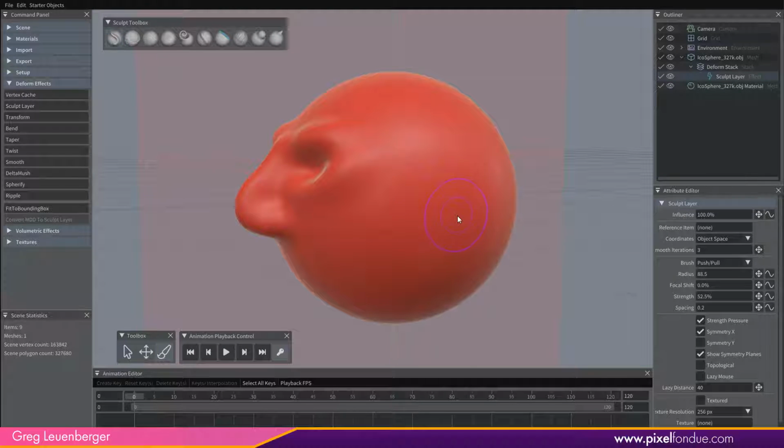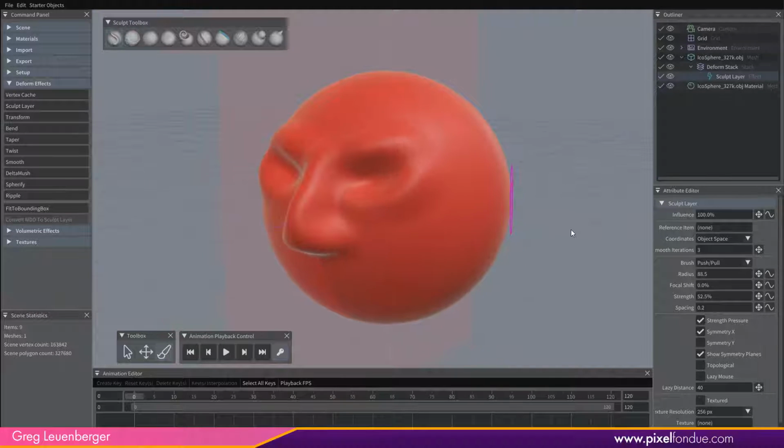But what's really interesting about this application, and what's really struck me, is that I think it should be considered a deformation application, not a sculpting application. It has all of these deformation tools here. And the idea behind it is you can bring in your data, whether that's polygonal data or even volumetric data, do a variety of deformation effects to it, whether that be sculpting or adding any of these deformation effects over here, and you bring them into this deformation stack, which is an order of operations stack. And that's really what this video is going to be about,